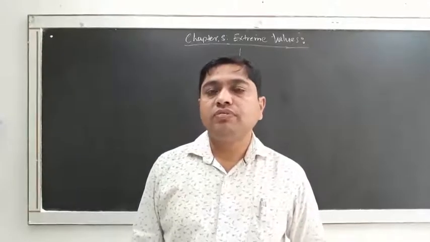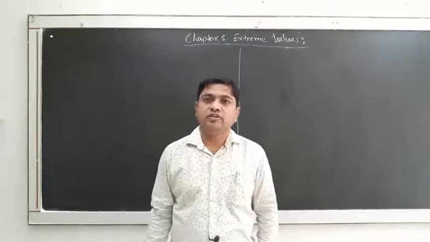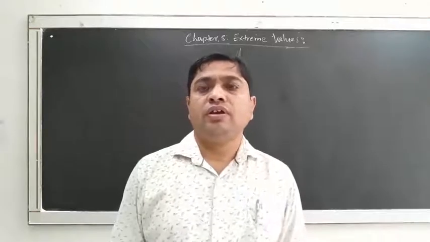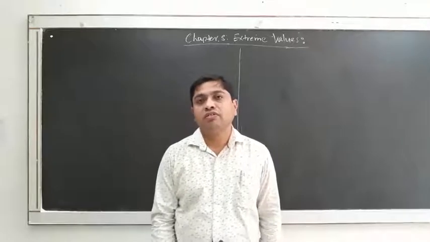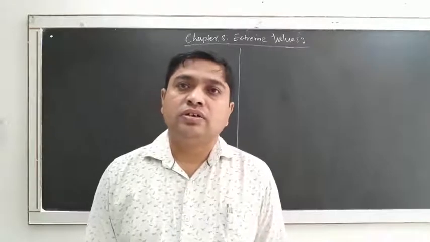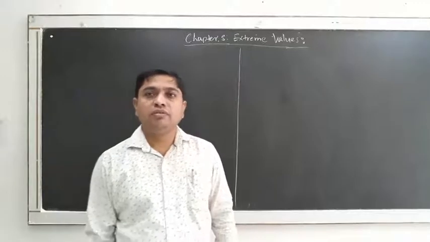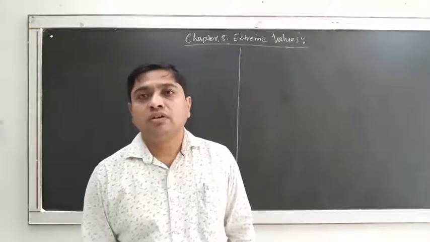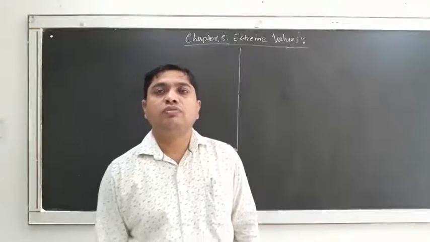In the previous lecture we discussed the chain rule, first case, second case and general version, and also we solved some examples and we finished the chapter on partial derivatives and differentiability. Now we have to start a new chapter, chapter number 3, extreme values. In today's lecture we have to discuss the local maximum and local minimum for a function of two variables.